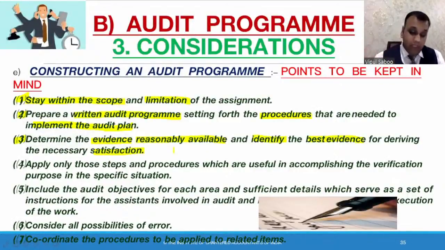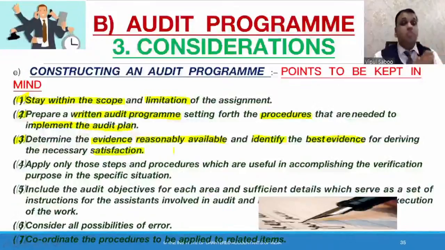So you have to determine the evidence reasonably available. You cannot say you purchased a car this year and sold it in the later part of the year, and I want to see that car. How will they be able to take you to the car if they have already sold it? Right? So it should be reasonably available. You cannot insist. They should actually be in a position to make the evidence work for you.